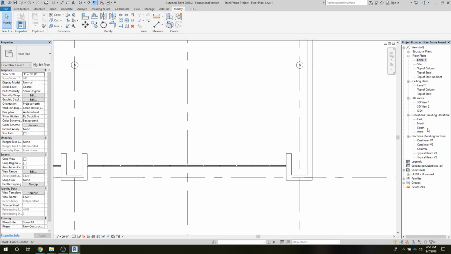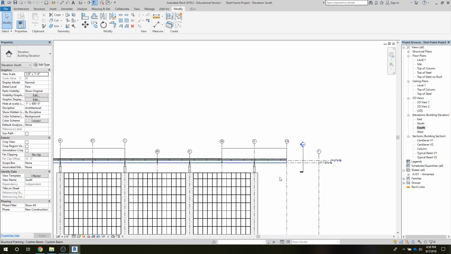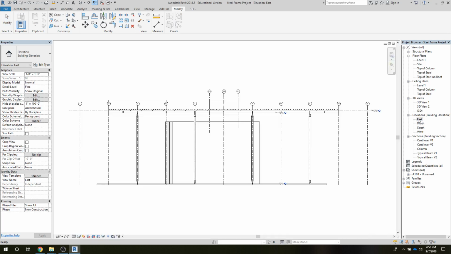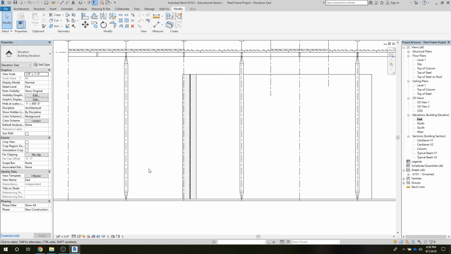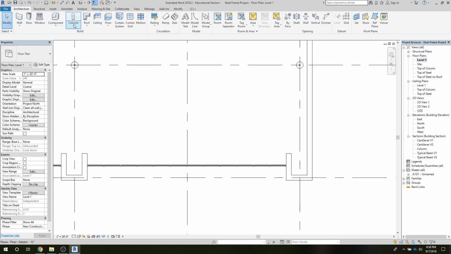I don't know why that disappeared. I maybe had it connected to the wrong one. Let's go to south elevation, see if we can find it. I'm going to make that one more time. Pay better attention. Let's go back to level 1. And we'll go to